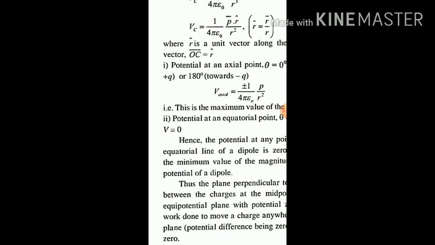So here, hence the potential at any point on the equatorial line of an electric dipole becomes 0, means at an equatorial point there is a minimum magnitude of electric potential of a dipole,